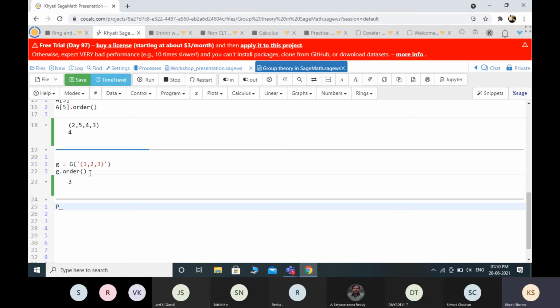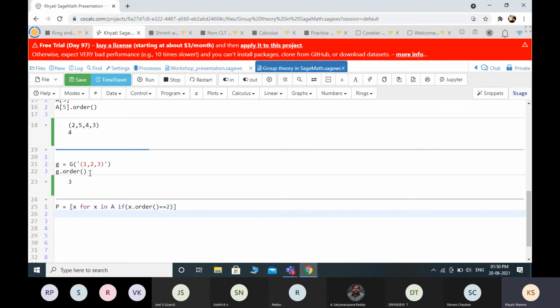I'm defining here P equals to, remember we defined the list of all the elements of this S5 as A. So X for X in A, if X dot order equals to, let's say, 2.